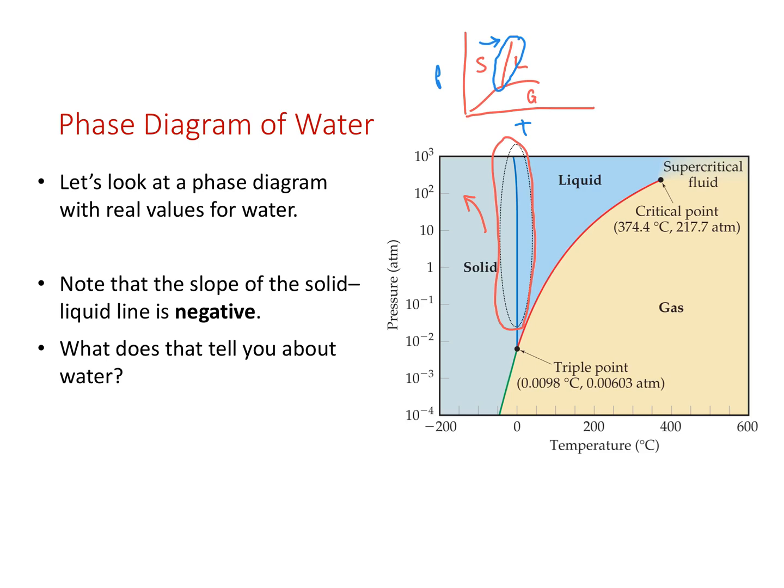Well, if anyone in here has ever gone ice skating or plays hockey, you're taking advantage of this unique phase diagram for water. Water is unique in that it has a phase diagram where the transition between solid and liquid actually slopes to the left. And what that means is if we're at a sample of water at 0 degrees Celsius,